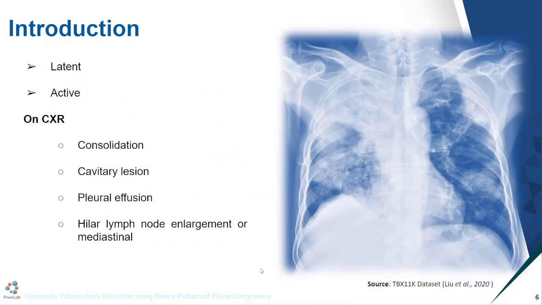Two TB-related conditions exist, latent TB infection and TB disease or active TB. In latent TB the bacteria can live in the body without making you sick, so people with latent TB infection have no symptoms, they don't feel sick, and they can't spread it to others. They usually have a positive skin test reaction or positive blood test. More importantly, they may develop TB disease if they do not receive treatment for the infection. In these cases, the TB bacteria remain inactive for a lifetime without causing the disease.